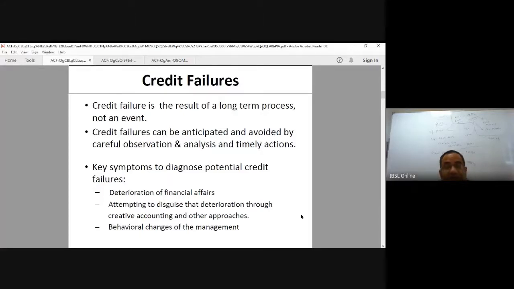Banks fall into trouble. So the credit failure is a long-term process. What kind of a thing now? Truly speaking, in a branch, if you are lending, you have to go and see once in 3 months, go and see the customer stocks and all that. So if you are lending against stocks and book debts, whether the security, the mortgage or stocks and book debts, whether that value is within the value, whether the customer has more value than that,